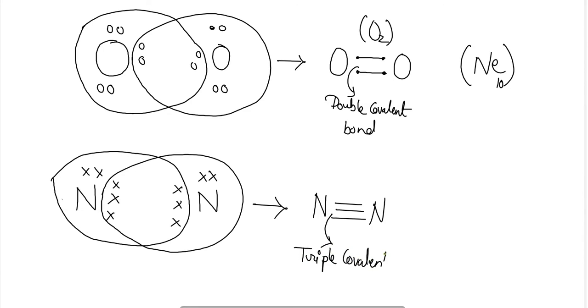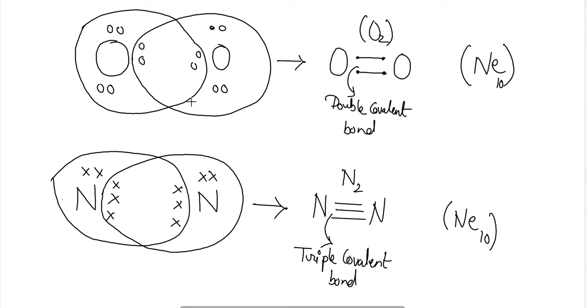covalent bond. After sharing 3 electrons per atom, what have they completed? They have completed their nearest inert gas configuration, that of neon. This particular bond formation is represented as N2. So by forming this kind of bond between two less electronegative atoms, we can form chemical bonds, and this type of chemical bonds are termed as what? They are termed as covalent bonds.